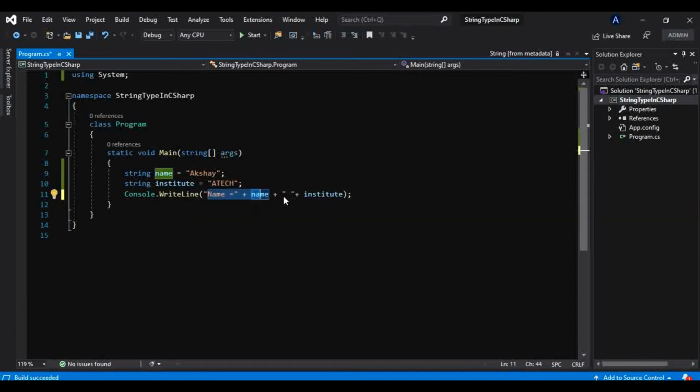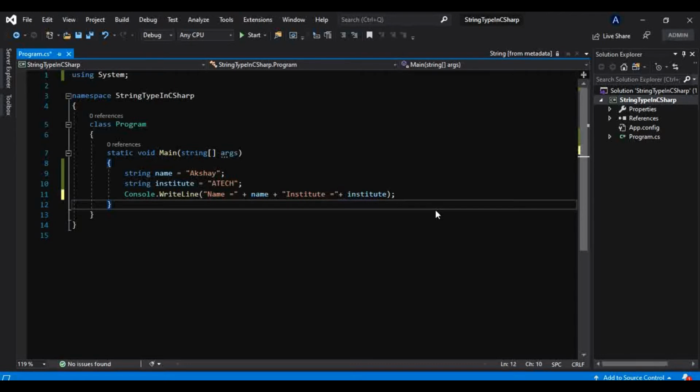Also we want this institute to be printed as it is, and we want this institute name to be printed in front of this name. So for that we can append that using this plus operator like this.